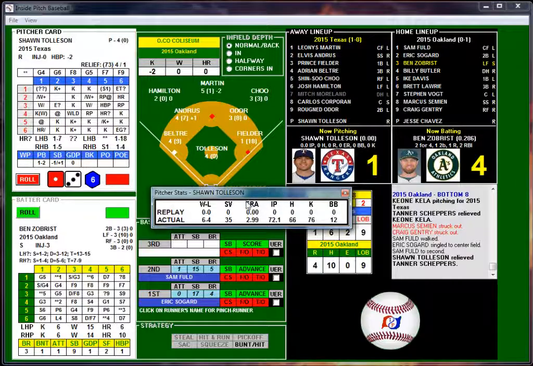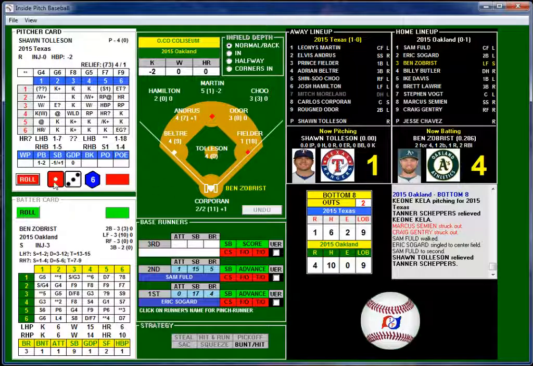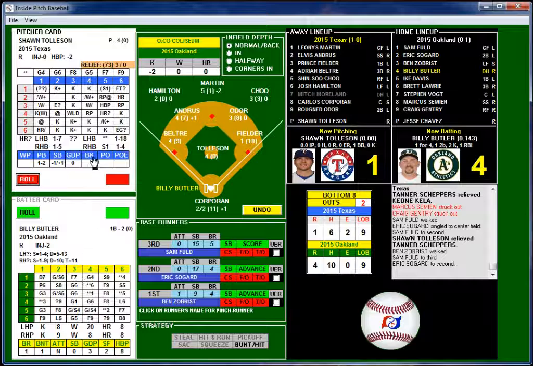Tomlinson, and let's take a look at his stats. So he was 6-4, 35 saves, 2.99 ERA, 72 innings pitched, 66 hits, 76 strikeouts, and 12 base on balls. He got a 1-3 and walking, good base on balls. And just like that, Oakland has bases loaded. Ooh, 2 outs. Again, big opportunity. But Tomlinson and no strikeout.